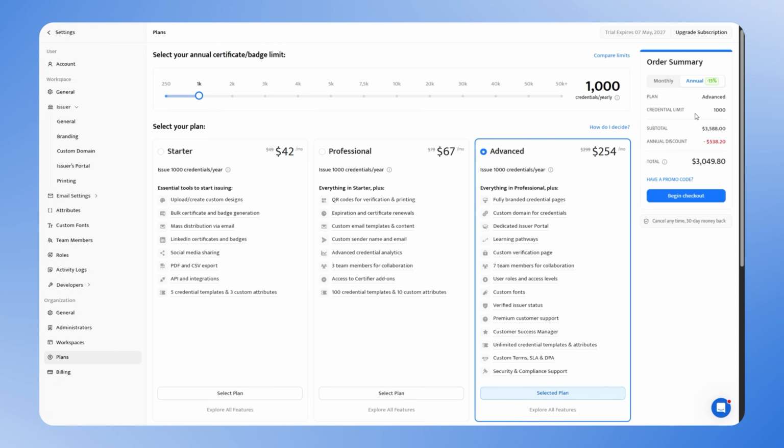The custom sender email and the advanced analytics are the 2 things that really push most people toward this plan. The third plan is advanced at 1,000 credentials per year. It comes in at $254 per month, down from $299. This plan includes everything in professional and adds fully branded credential pages, a custom domain for credentials, a dedicated issuer